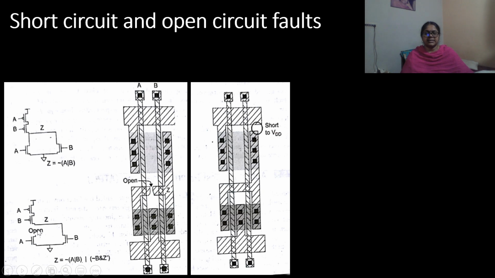So Z is equal to (A plus B) whole bar plus (A plus B) whole bar plus B bar Z dash. Here this Z dash is the previous state of the gate. So the same thing is shown in the mask layout here. This is the open condition. Now figure 2,